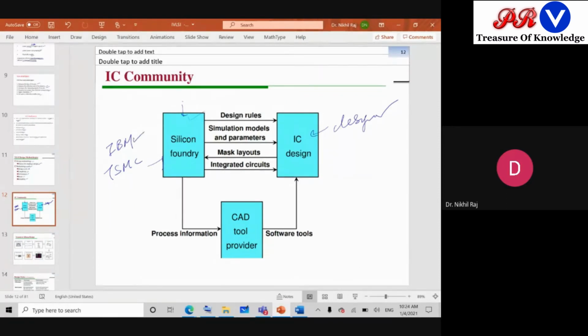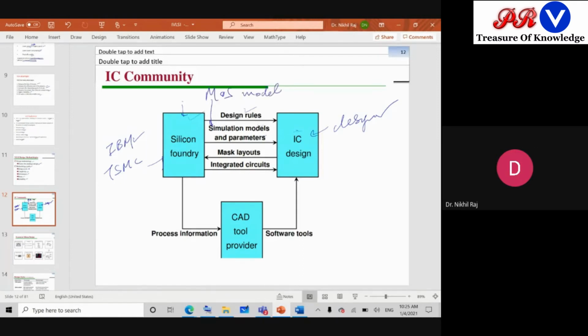So IBM will say, I am developing a silicon wafer and my die area is this much, and whenever you design the circuit, keep in mind a certain number of parameters, that you don't go beyond this X factor. Use supply voltage only until this X voltage. Don't increase the electric field to this much value, because our company is fabricating only with this much tolerance. So these design rules are provided by the silicon foundry to the IC designers, and it also gives the simulation models and parameters. Simulation models and parameters means here the MOSFET models.